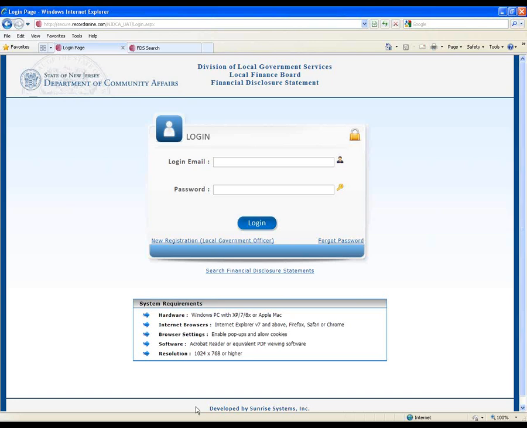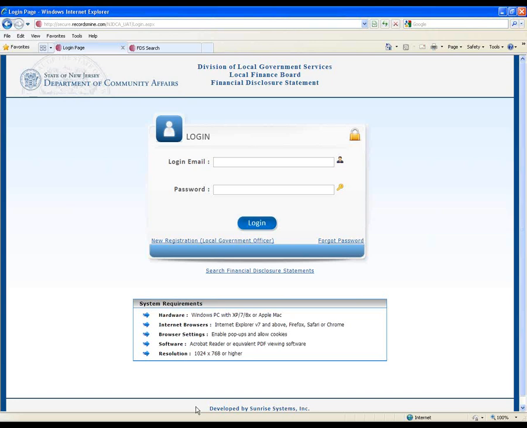And the last thing is resolution. We have a minimum resolution that works best with the application. Obviously, a higher resolution is even better, but at a minimum, we ask that you use that resolution when accessing the system.